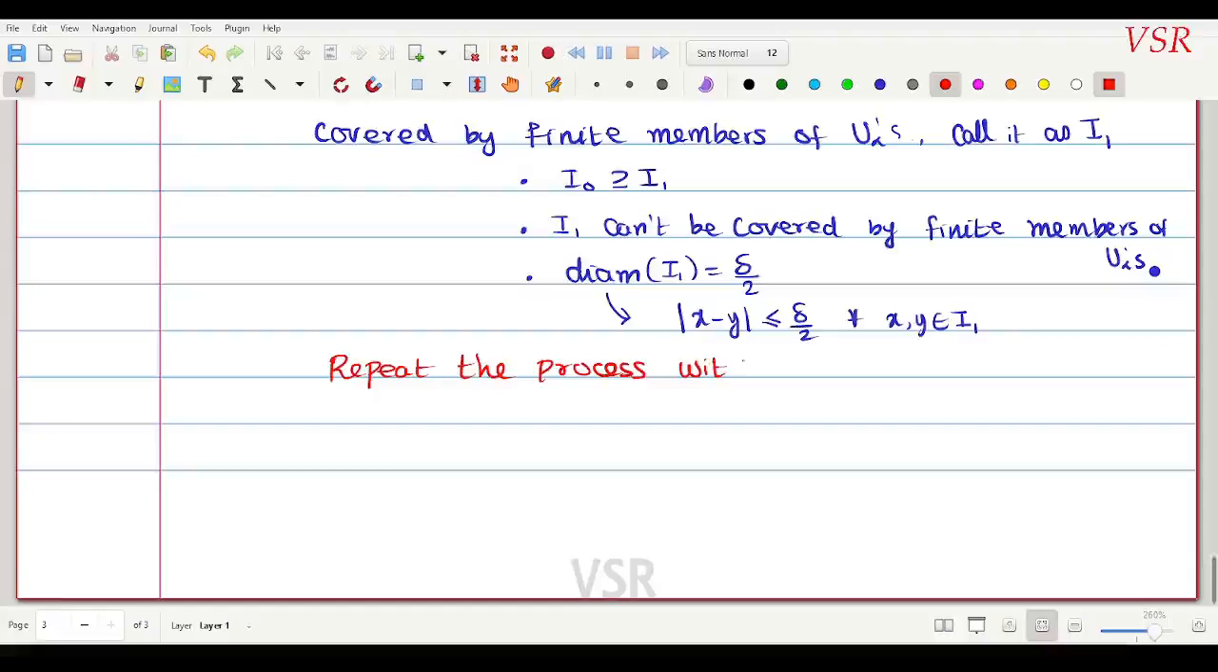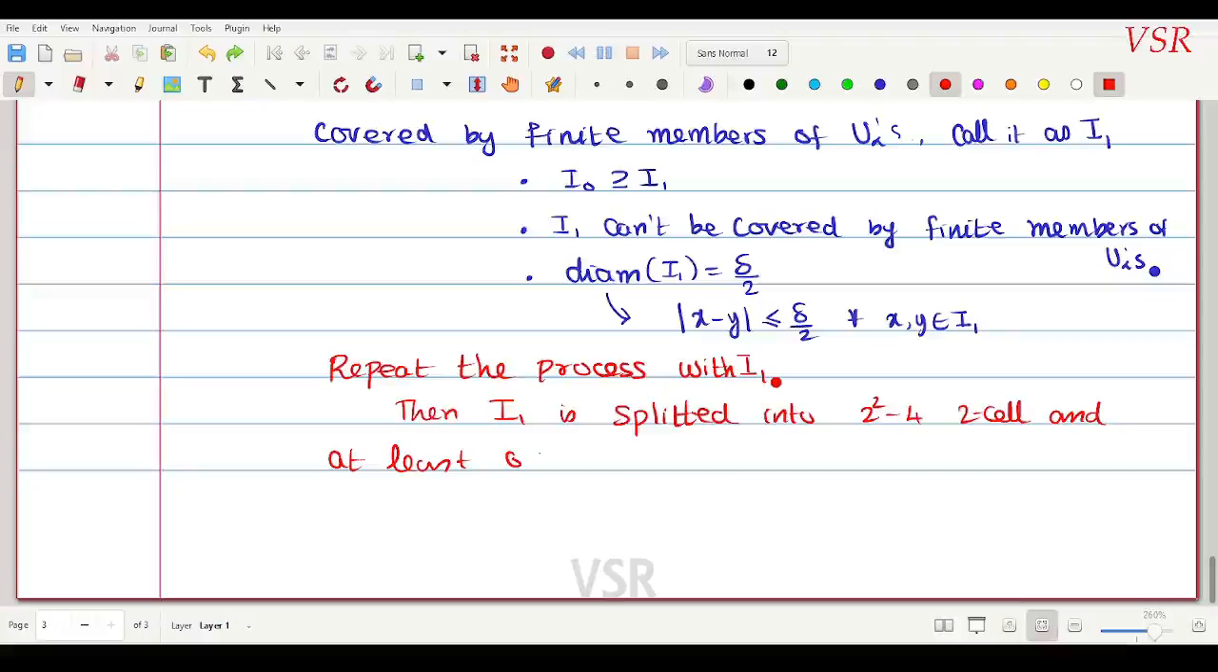with I1, I do the process. Then I1 is split into 2 to the power 2, that is 4 2-cells, and at least one of them cannot be covered by finite members of U alphas. Okay, say it